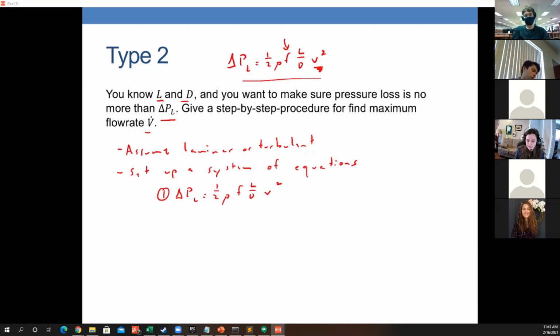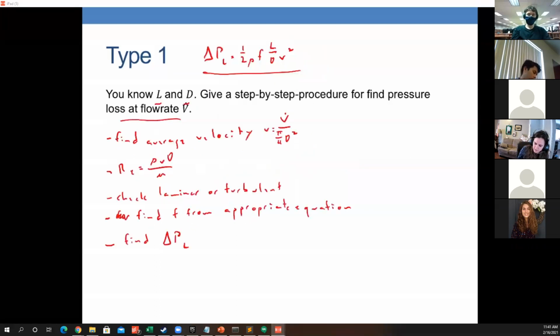And sometimes, by the way, you would need to solve a mechanical energy balance in order to get whatever the delta P loss should be, just like we did earlier without thinking about how you would find delta P loss this way. Okay, and then maybe your second one would be either the Haaland or the Colebrook. Let's say the Colebrook, 1 over square root of F is equal to negative 2.0 log of